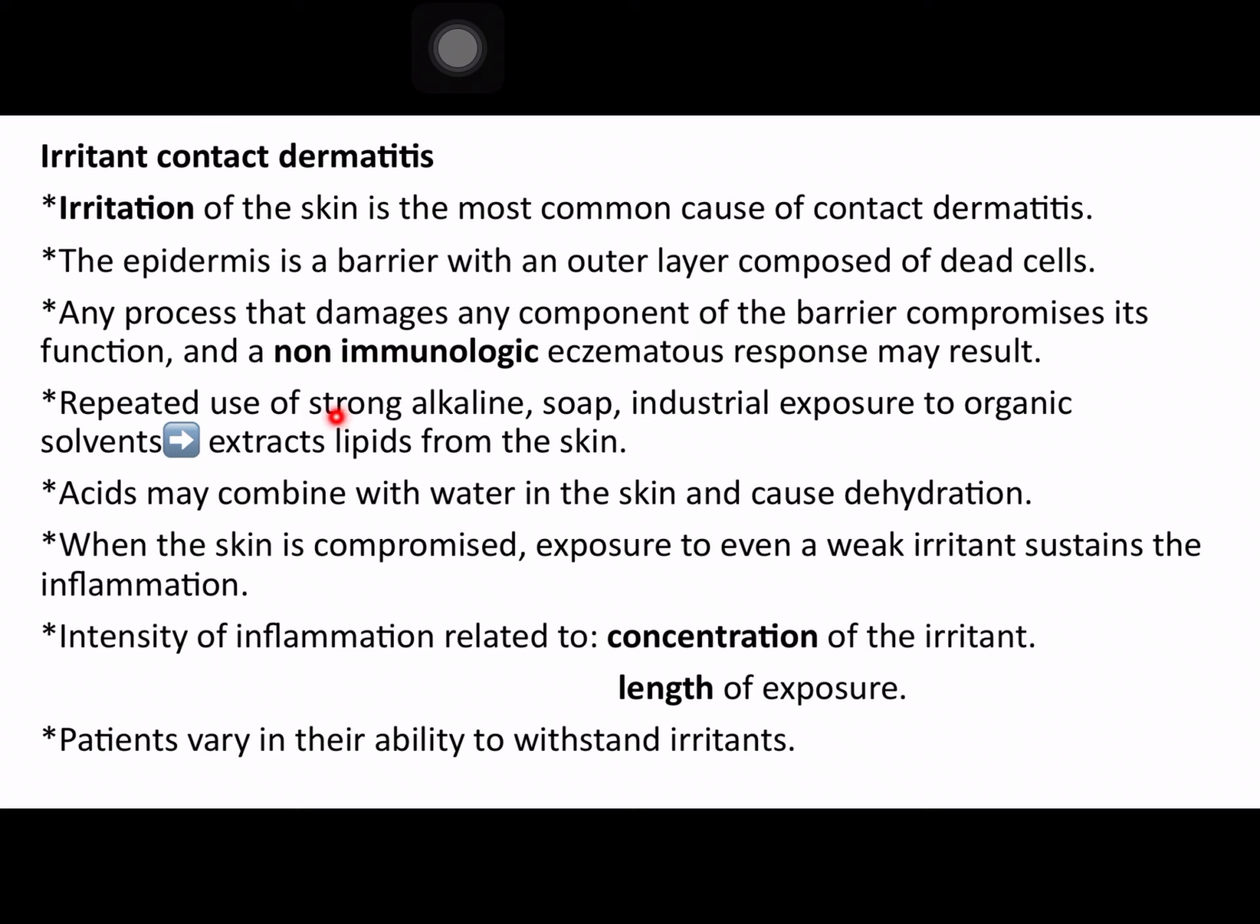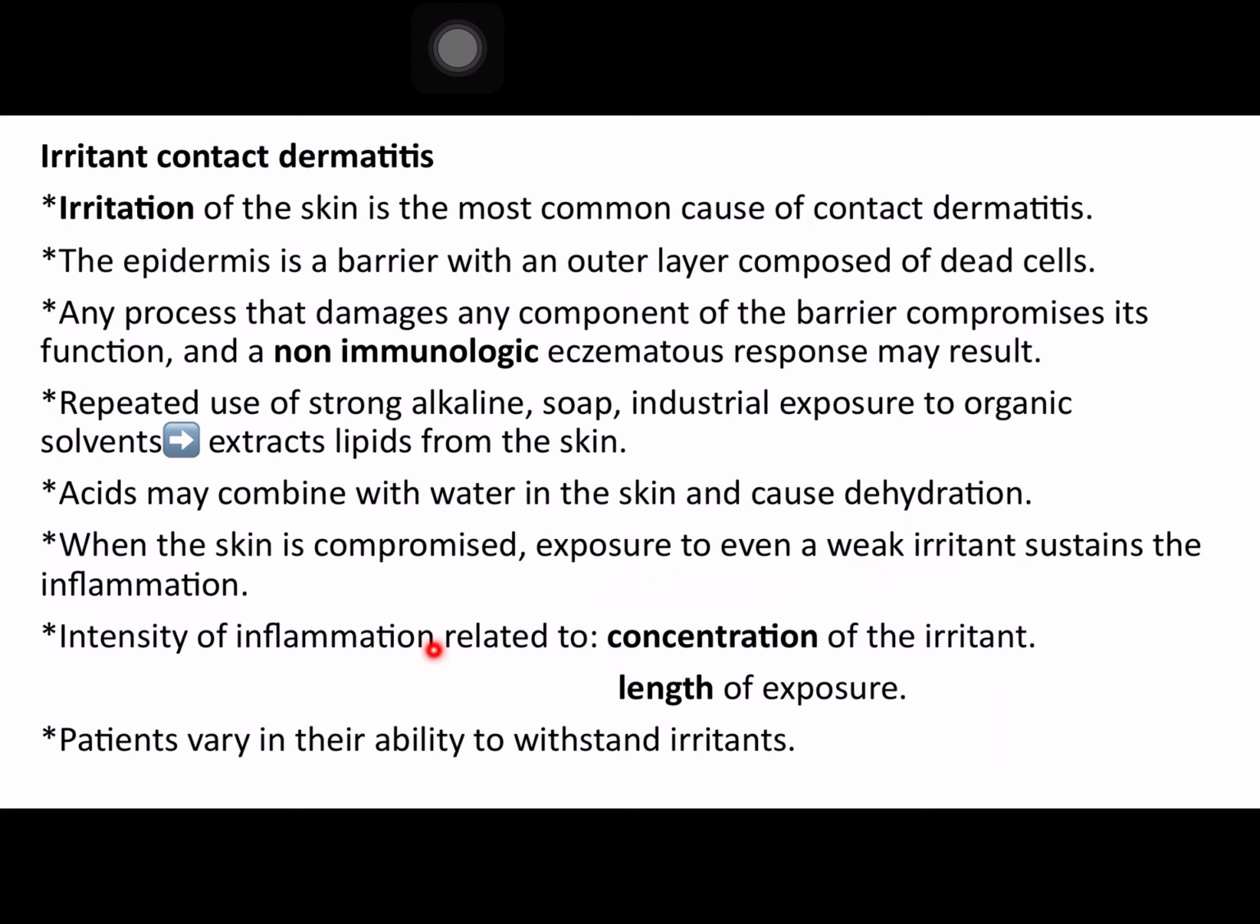Irritants such as strong alkali, soap, and exposure to organic solvent lead to extraction of lipid from the skin, which is an important component in barrier function. Also, acids combine with water in the skin, causing dehydration. So this process leads to deterioration of the barrier function, and even a weak irritant may sustain the inflammation